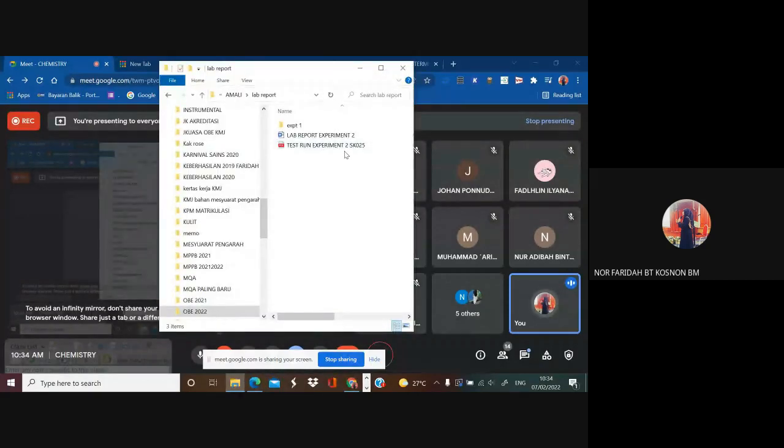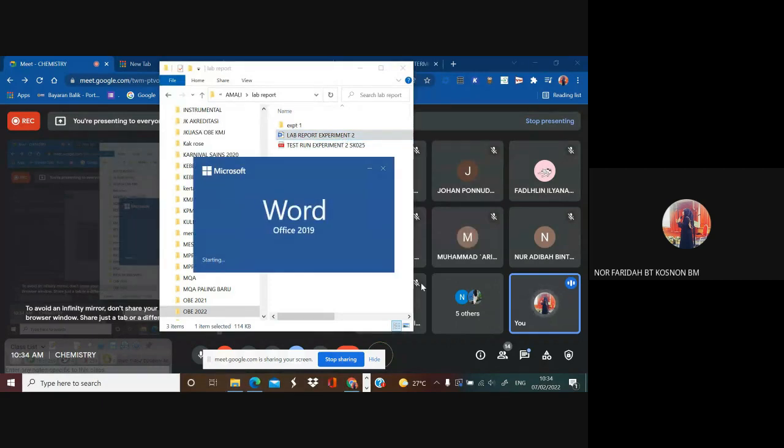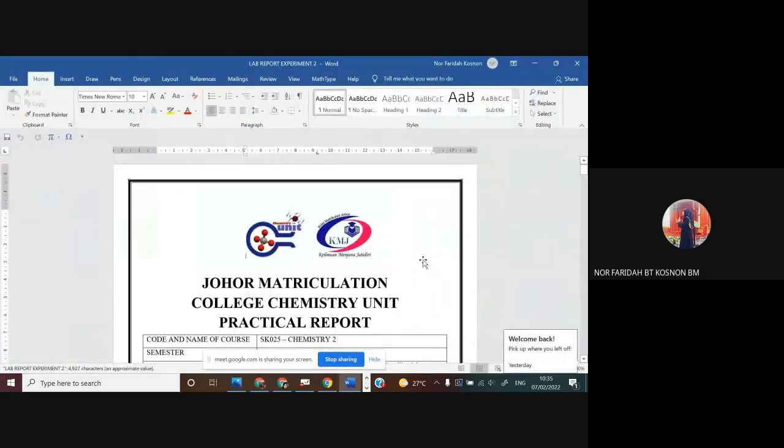Okay, so untuk lab report eksperimen tu saya beri dalam GC tu dalam bentuk Word sahaja. Jadi pelajar yang mampu untuk type guna laptop and print dia boleh buat macam tu. Kalau tak mampu nak type, contohnya disebabkan laptop ada problem ataupun tak ada laptop, dia kena tulis tangan lah. Okay, ataupun boleh type tapi tak mampu nak print,